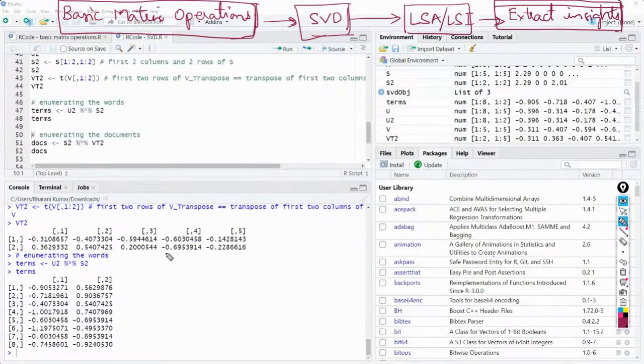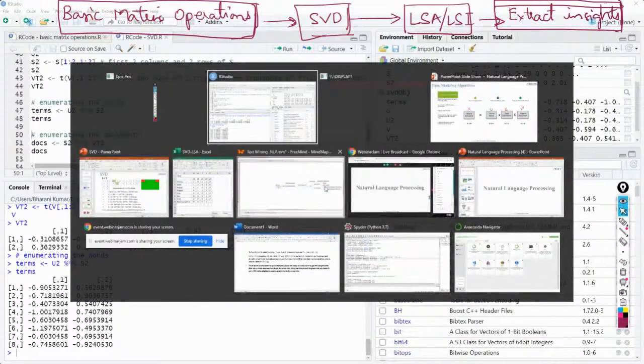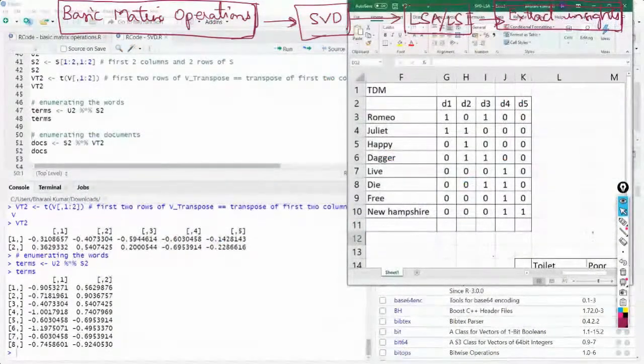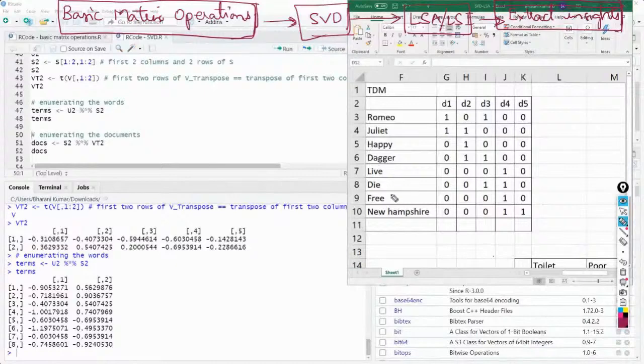So how many terms did you have? 8 terms. So do you have 8 here? 1, 2, 3, 4, 8. Wonderful. So these 8 rows are in some sense capturing the information of these terms.